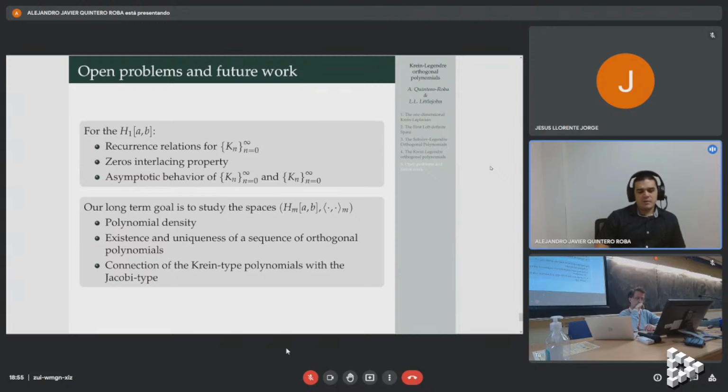Y también estamos estudiando una conexión de los polinomios de tipo Crane con los polinomios de Jacobi,